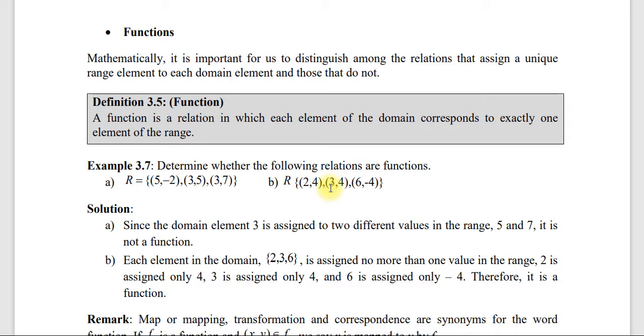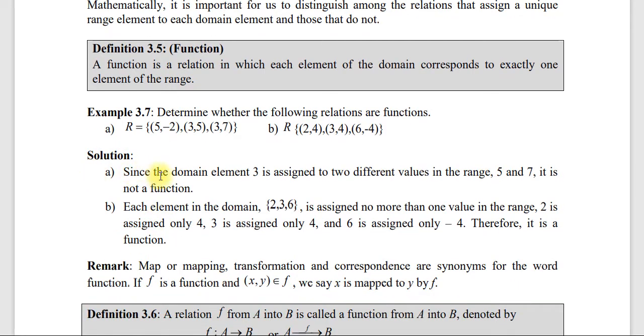When we see the solution part A, since the domain element 3 is assigned to two different values in the range, 5 and 7, it is not a function. Okay እንደምታዩት እንግዲህ 3 ከ5 እና ከ7 ጋራ ምን ሆናለች? ፔር ሆናለች ማለት ነው። ስለዚህ ምንድነው እንላለን? It is not a function እንላለን። ያ ማለት each element of the domain corresponds to exactly one element of the range ነው የሚለው።